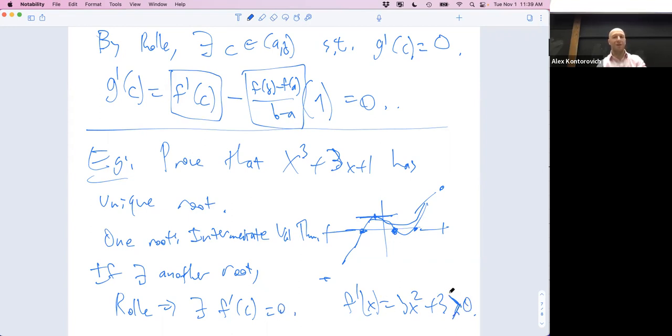The derivative is never 0, which means the function can't turn back around. Once it hits 0 once, it has to just keep going. So not only does it not hit 0 more than once, it's always increasing. It's always strictly increasing. Okay, so it has a unique root. It has one root, and it can't have another by Rolle's theorem. All right,